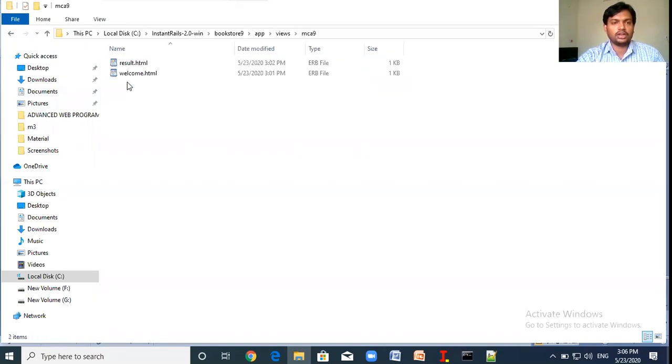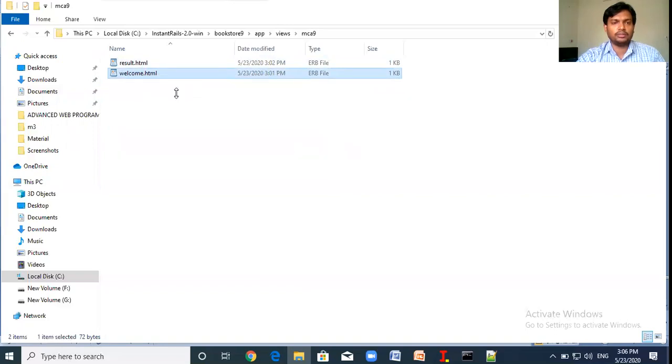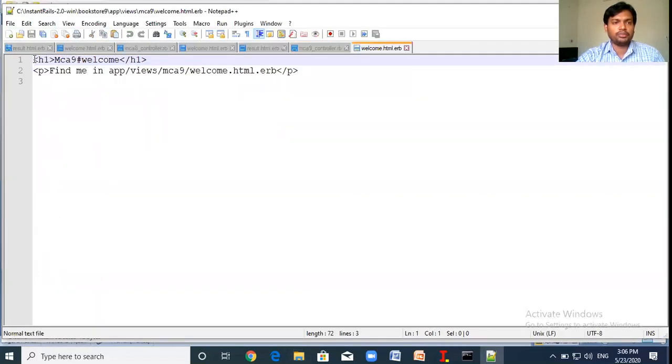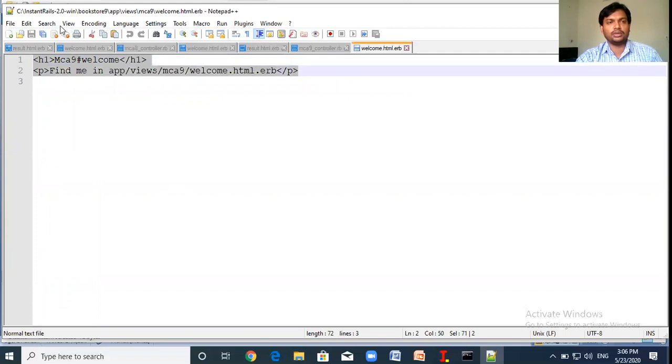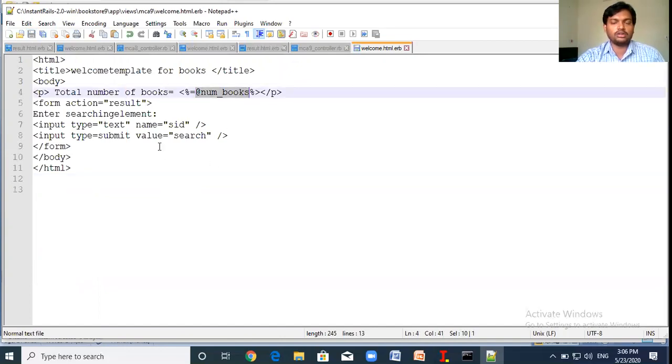So you double click on this MCA9 and then go to this welcome page. Here some predefined things will be there. So just replace this and save it. So now we are displaying the count of the records available in the database as well as one search box to fetch the records based on the title.